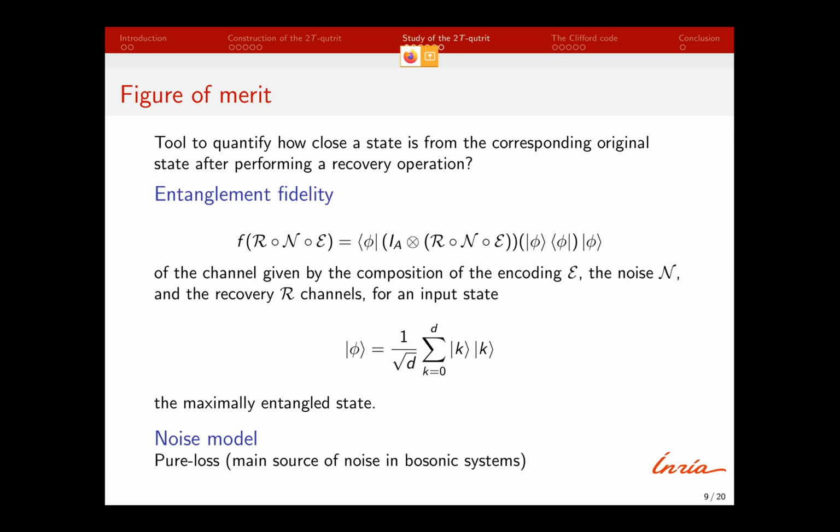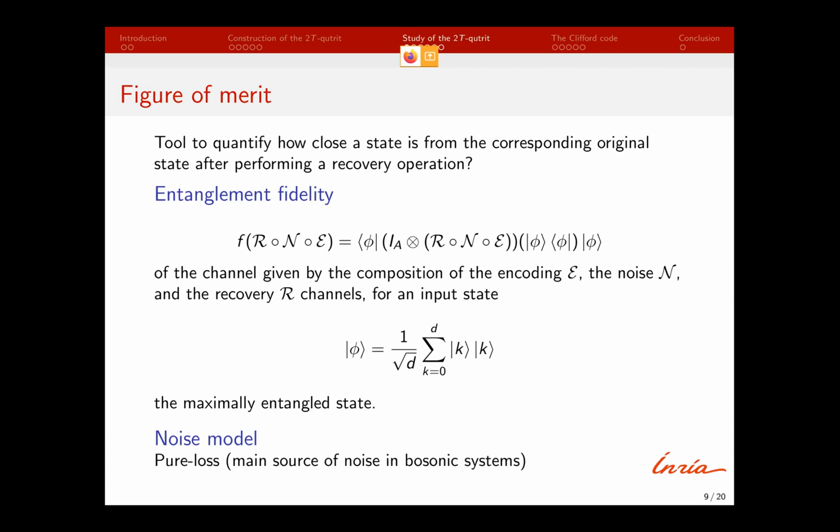The figure of merit we chose to check how good it was at correcting errors is the entanglement fidelity, the same figure of merit as was introduced by Yang Zheng in his talk as well. And so it corresponds to sending a